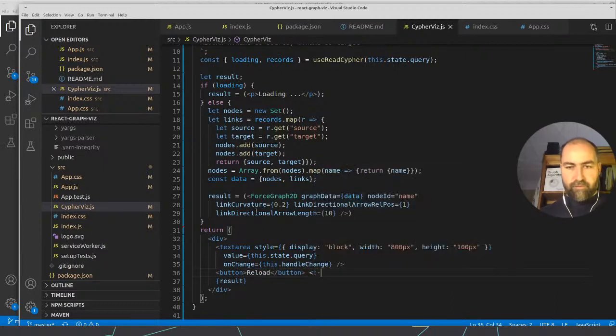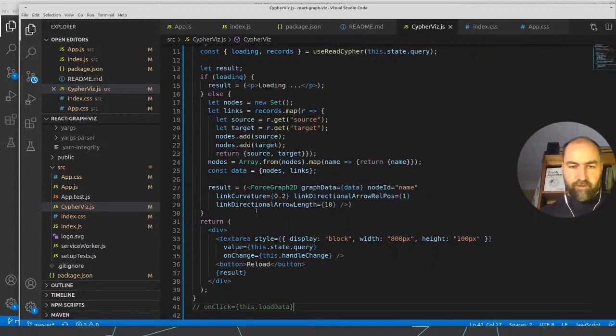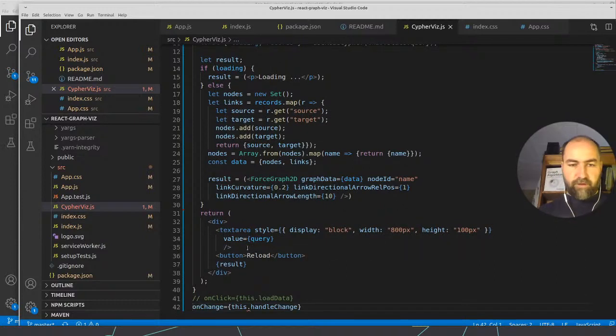Does this work? No. Okay, then just save it here. And I also don't know how to do the on change here. So that's something that I also need to figure out. Okay, but at least it should render the static thing now, right?